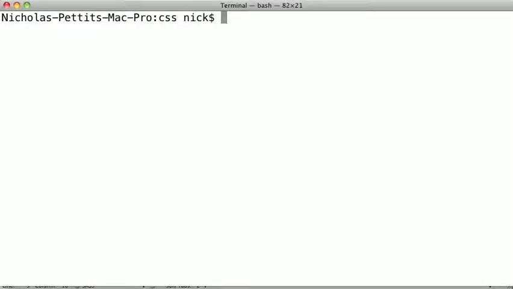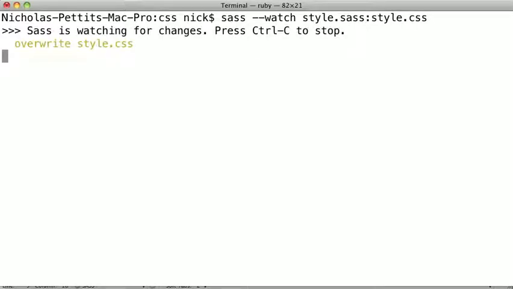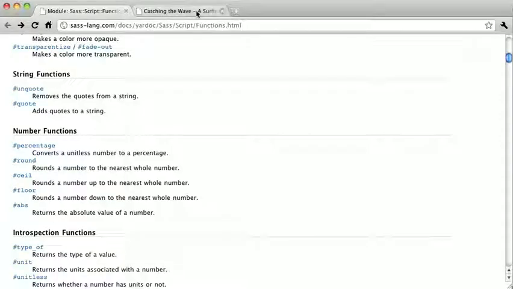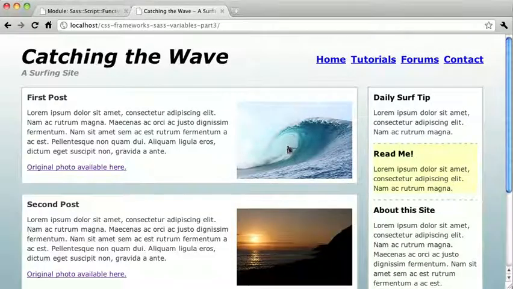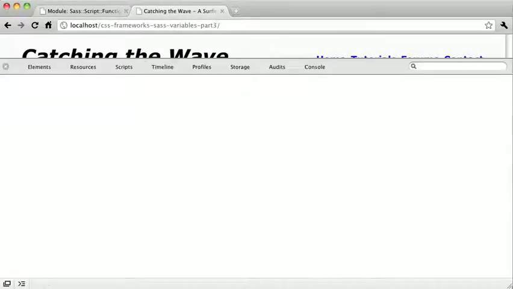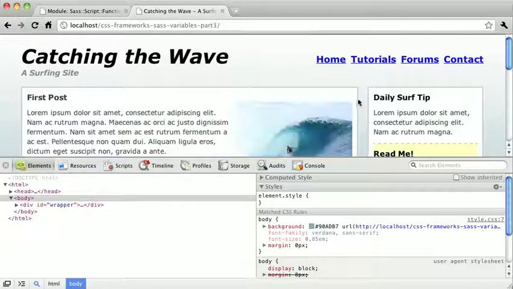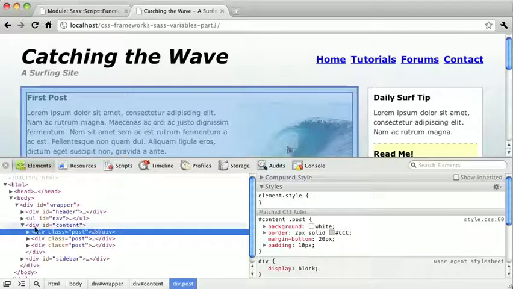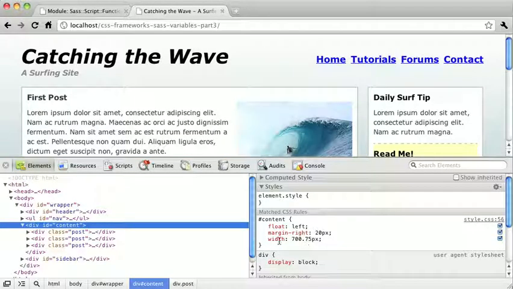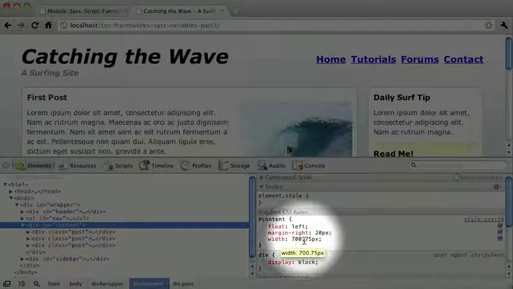Now if we go to our terminal and we say sass --watch style.sass:style.css and hit enter, we'll start watching our Sass file, and we can go to our page and hit refresh. And if we go ahead and inspect our content here, and we'll inspect the content div, you can see right here that the width is no longer a whole value. We're actually getting 700.75